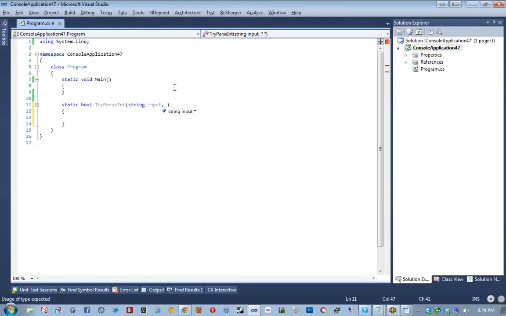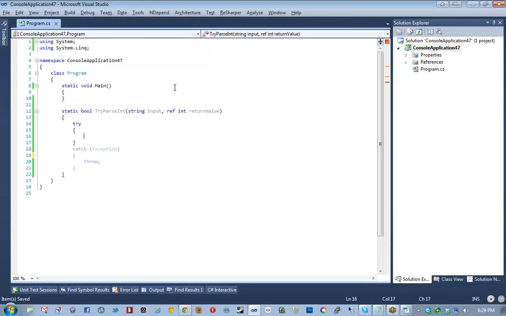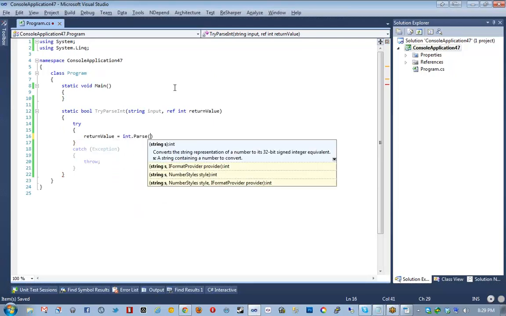Okay. So to make a ref parameter, all you have to do is add the ref keyword. So I'm going to say ref, and I'm going to just call this returnValue. Terrible name. And I'm going to give it a type, of course, which is going to be int. So I'm going to be a little hacky with this. I'm just going to say try really quickly, and then I'm going to say returnValue equals int.Parse,